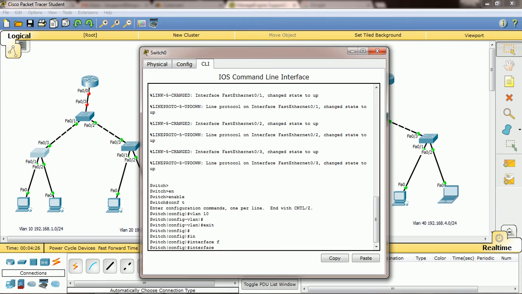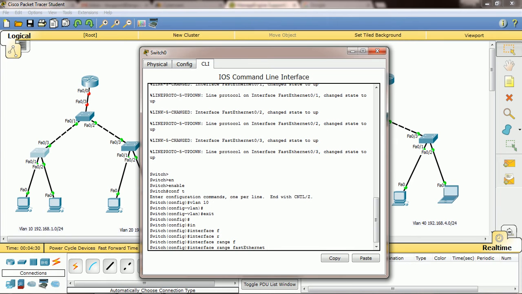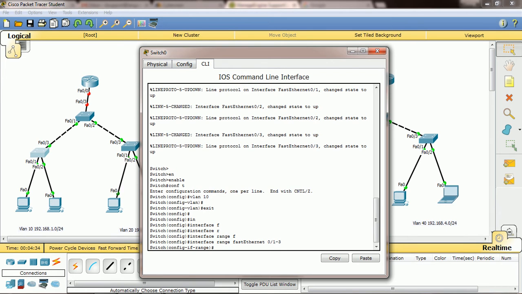So when you are configuring more than one interface, you can use interface range fast ethernet 0/1 to 3, right? When you are using this interface range, you can't use 0/1 and comma 0/4, like that you can't use.